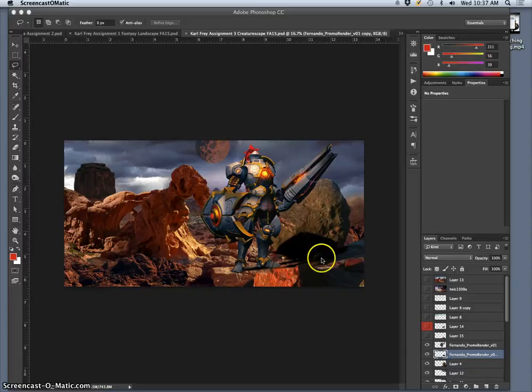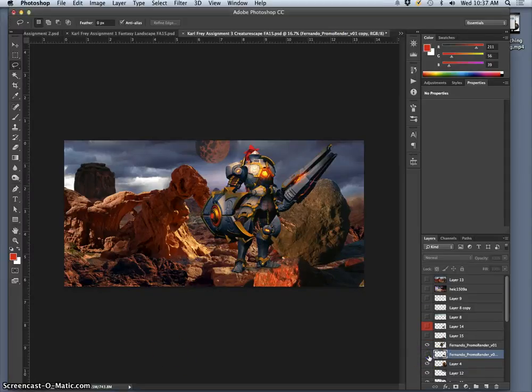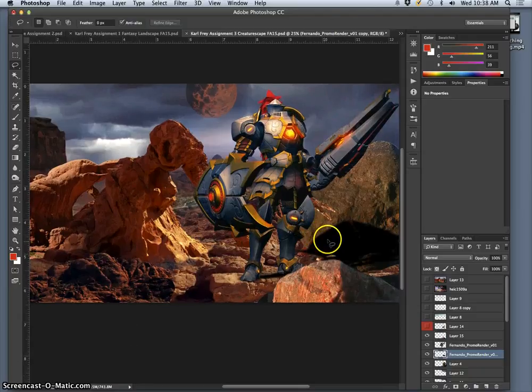All right, so I'm bringing this shadow in. This is what it looks like without the shadow. This is what it looks like with the shadow. This is what it looks like with the rock in front, with the shadow behind. But the problem is the shadow's too dark, and I've only blurred it enough using Gaussian blur so that the